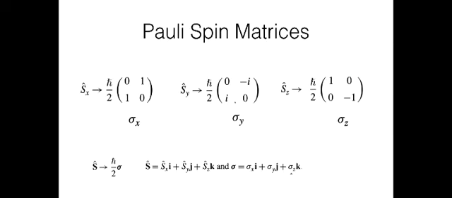Now things get very easy to get Sx and Sy, because as we know, S plus is simply Sx plus i Sy, and S minus is Sx minus i Sy, and we of course automatically get Sx and Sy from solving this very simple equation, and we end up with the values of Sx and Sy like this. Okay, so this is what we end up with. So those three